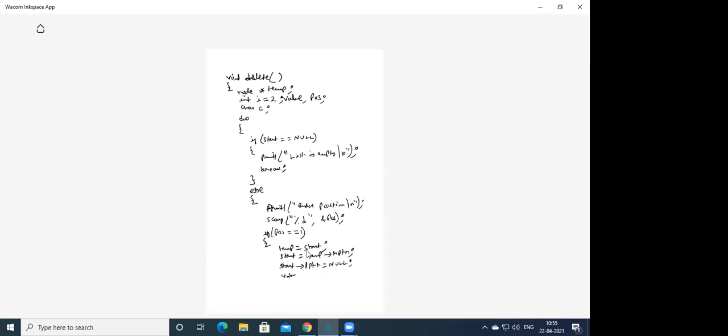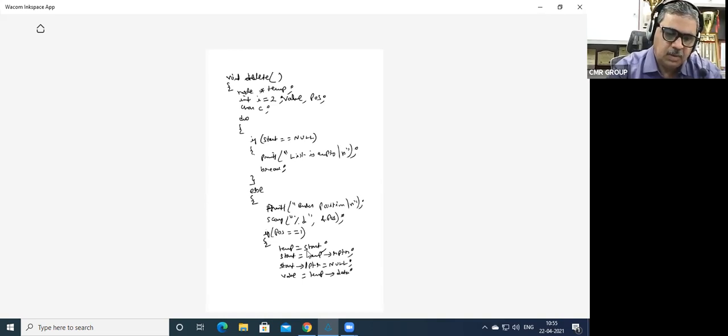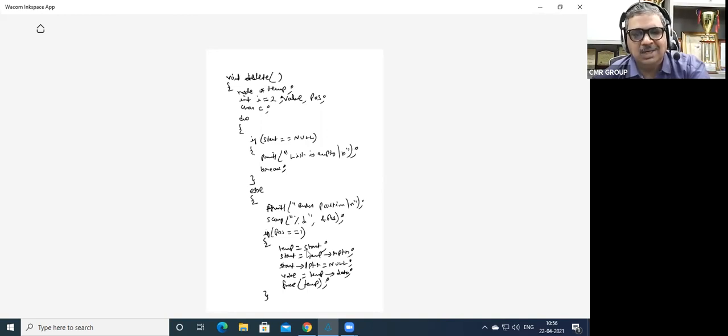Then value is equal to temp arrow data, and then free temp. So these are the steps involved if position is equal to 1. We have completed the first one. Now I'm going to the next page, where I'm going to take else if pos is equal to n.